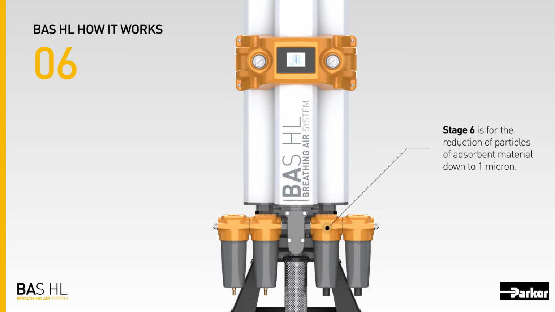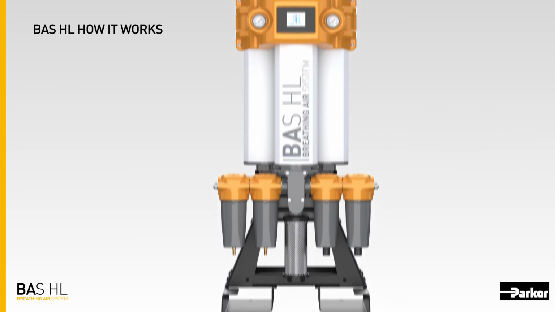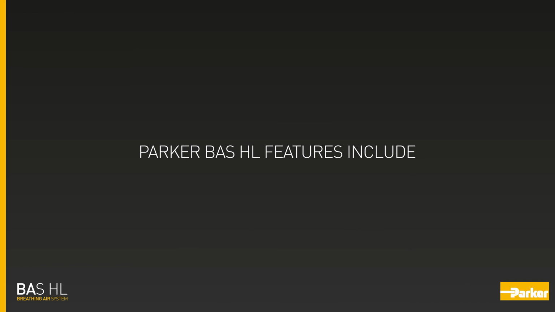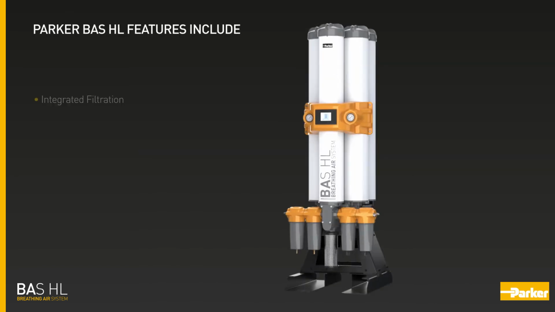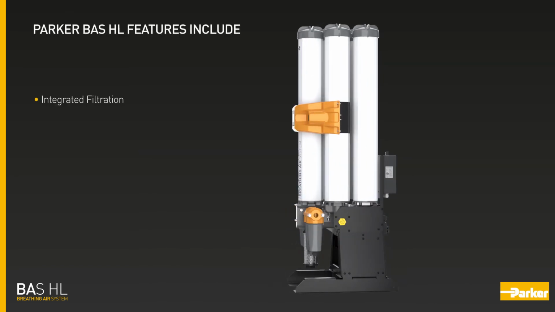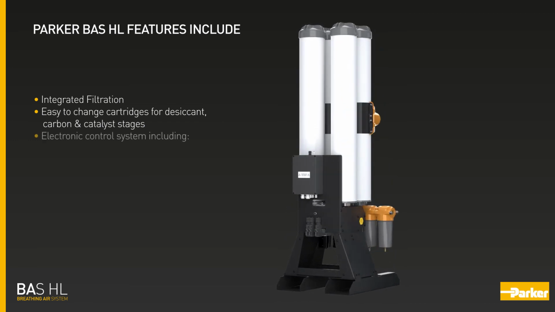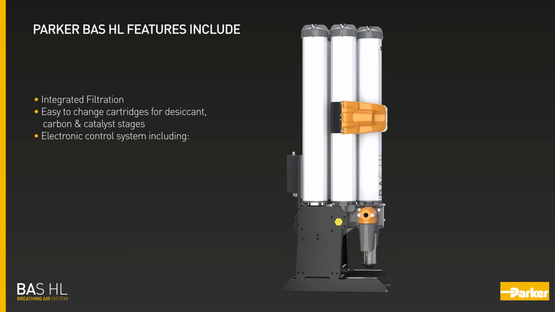Stage 6 is for the reduction of particles of adsorbent material down to 1 micron. Stage 7 is the final stage and is used for the reduction of adsorbent particles and microorganisms down to 0.01 micron at an efficiency of 99.9999%. Parker BAS HL features include integrated filtration, easy-to-change cartridges for desiccant, carbon and catalyst stages, electronic control system, including